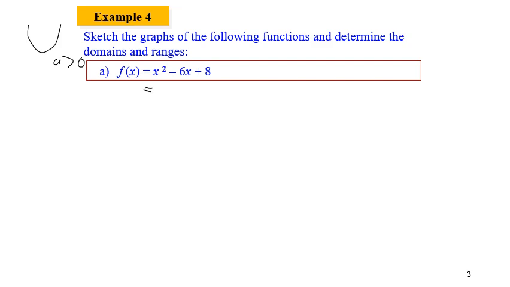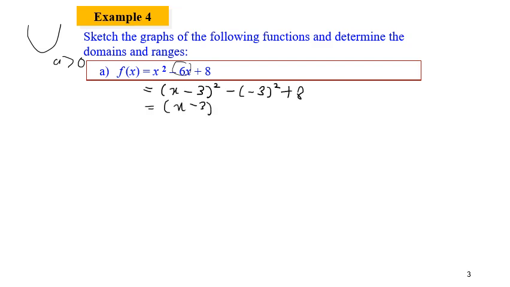So completing the square, first we need to factorize a. Here, since we have x squared only, we do not need to factorize a. We can go straight to the second step, that is to factorize x squared and 6x to be x minus 3 squared. Remember, this one we need to divide by 2. That's why we become 3. And don't forget minus negative 3, because this is negative 3, so negative 3 squared, and then plus 8.